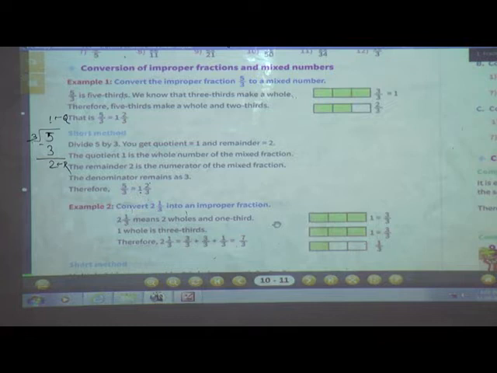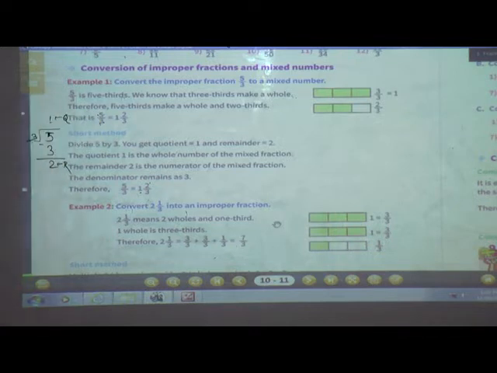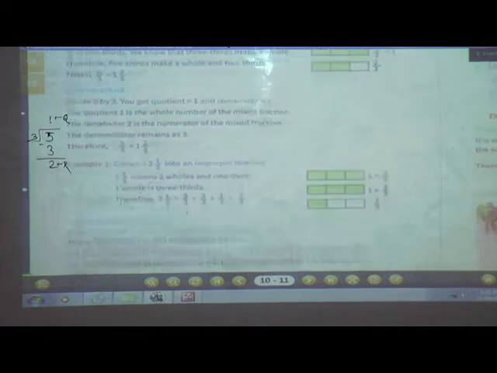Yes. Now what have we done? We have converted improper fractions into mixed fractions, isn't it? First what did we do? We divided the numerator by the denominator. See, 5 upon 3. We divided the numerator by the denominator, isn't it? And in the second step, we found the quotient, and the quotient is the whole number. And the next is the remainder. The remainder is the numerator of the proper fraction. So the denominator remains the same as it is. Okay. Now the next example, the second one.